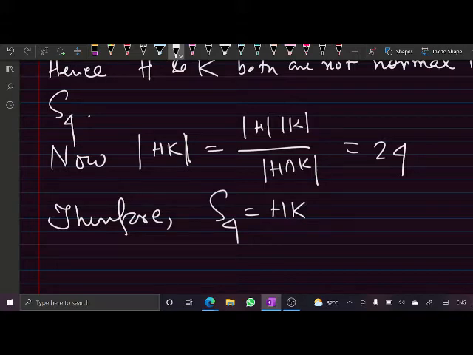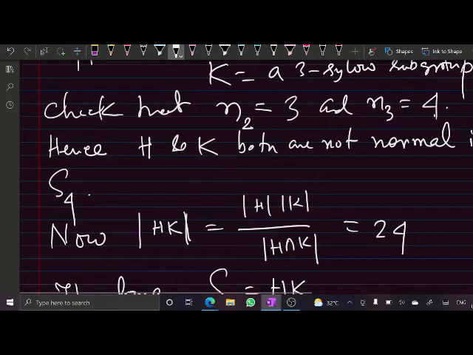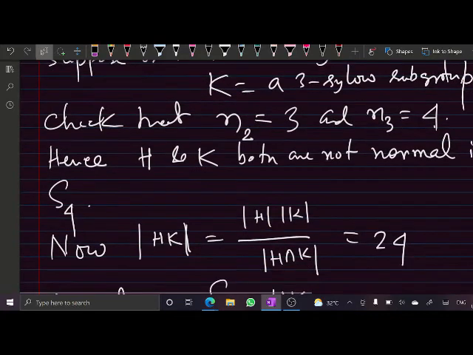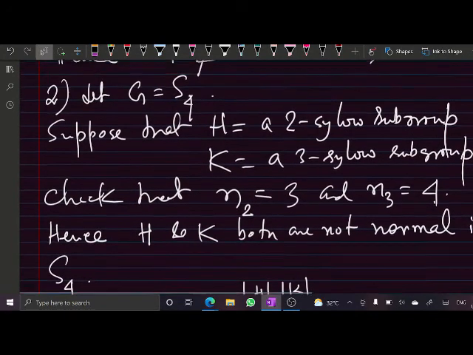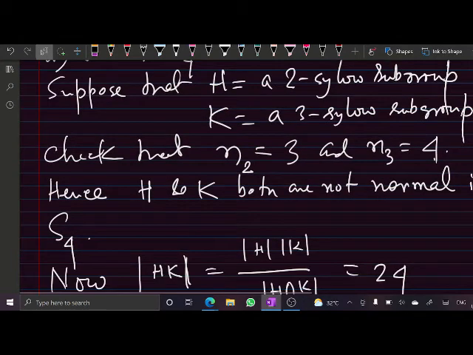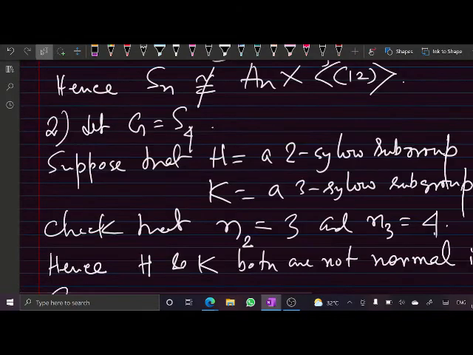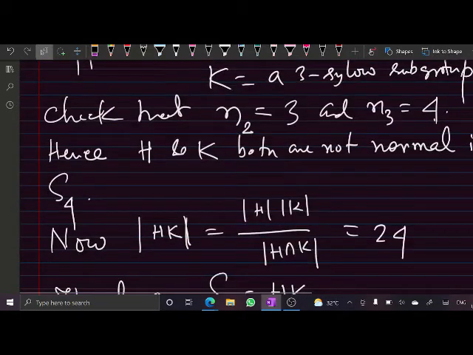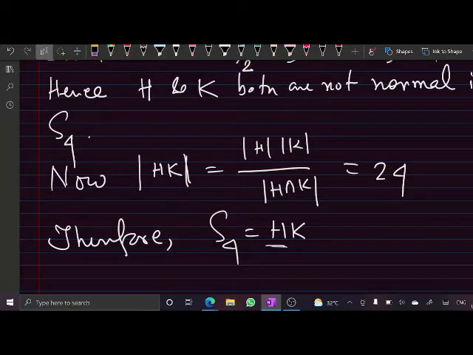But now if you see this H, H is a 2-Sylow subgroup, right? That means it is of order 8. Yeah. And K is of order 3. So therefore K is isomorphic to Z3 and H is isomorphic to